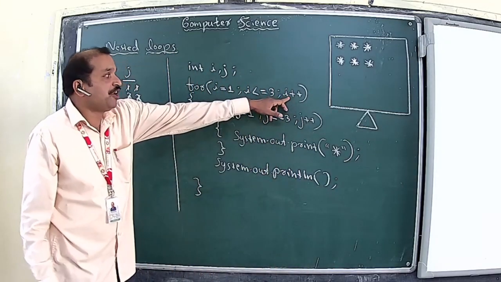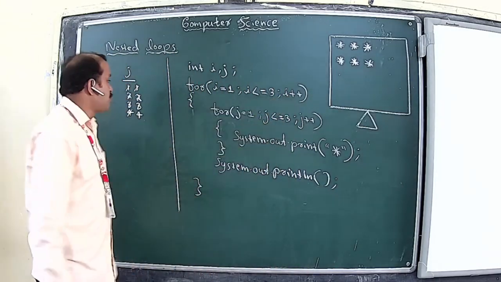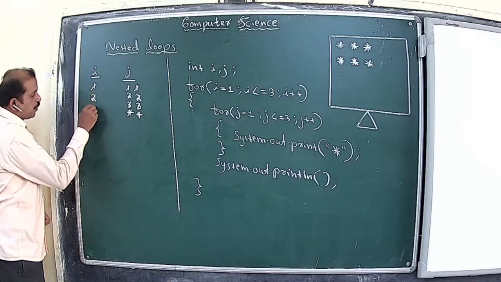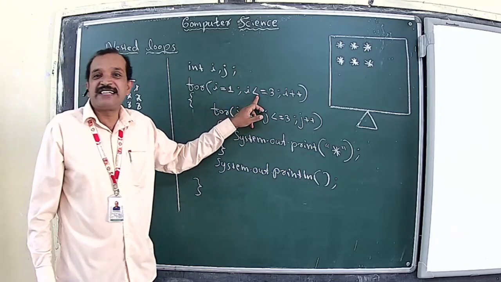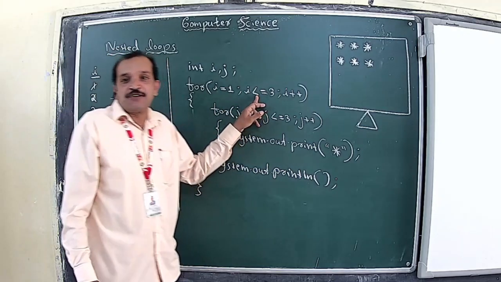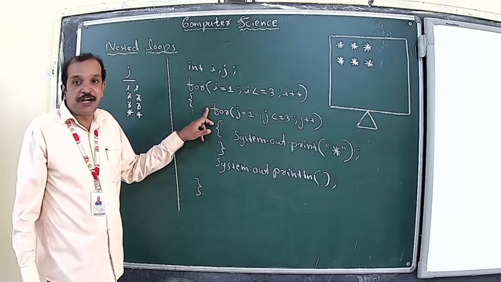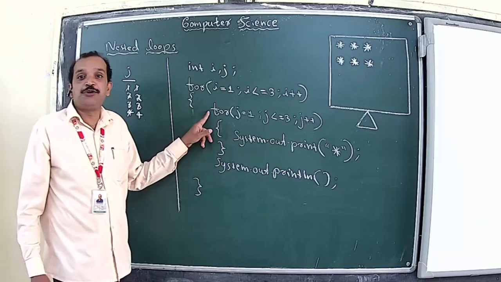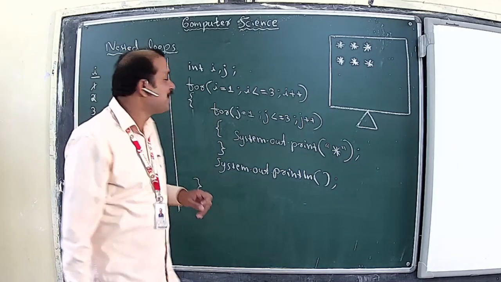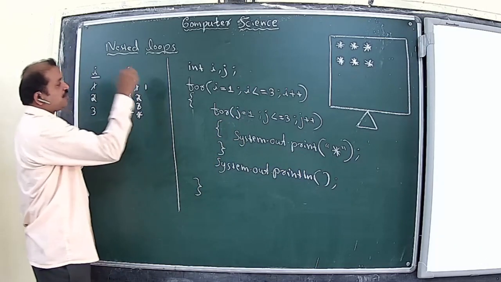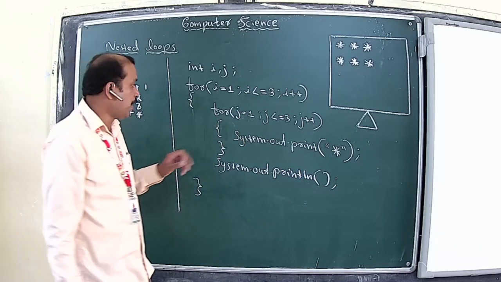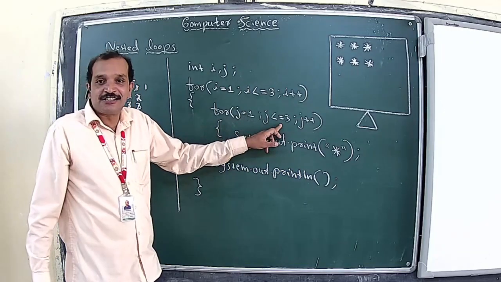After this, once again, the update expression of the outer loop will take place for a third time and the value of i becomes 3. And even now, this test expression is true. Therefore, the body of the loop will be executed and the inner loop will start executing for a third time. And once again, the value of j will be reinitialized to 1, and j equal to 1, j is less than or equal to 3.